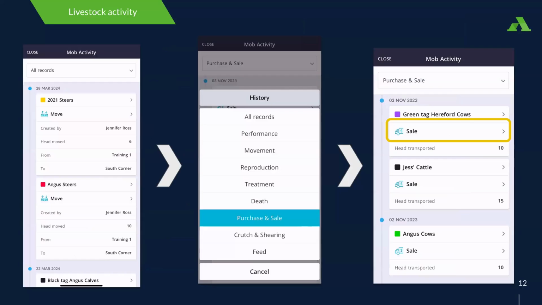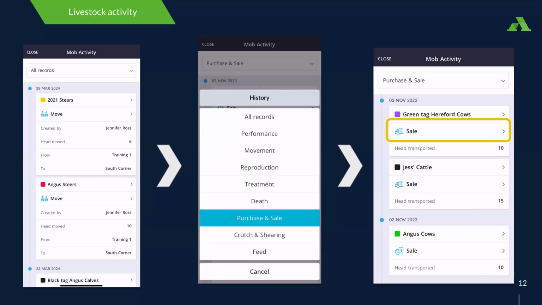One other one that I wanted to call out for the livestock activity, particularly on the mobile, which we get quite a lot of questions about on our mob plans, is that it's a really great way to adjust records for mobs that are off farm. For example, you've sold a mob and you want to record that they've moved off farm, but you don't yet have all of the sale information, the prices, everything that you want to record in AgriWebb. To add in more detail later, since that mob is now off farm and won't appear in